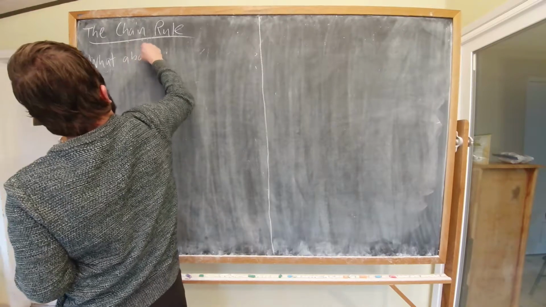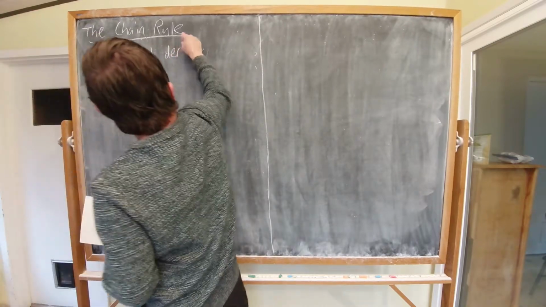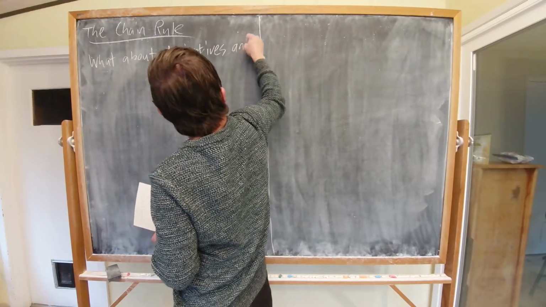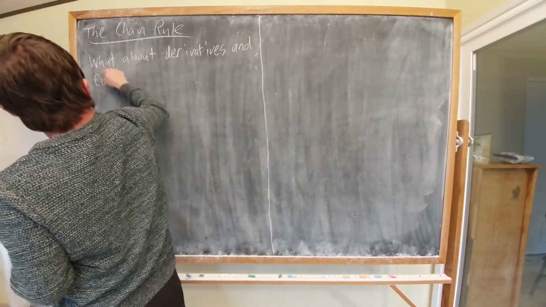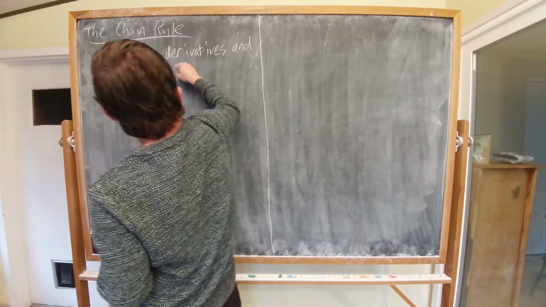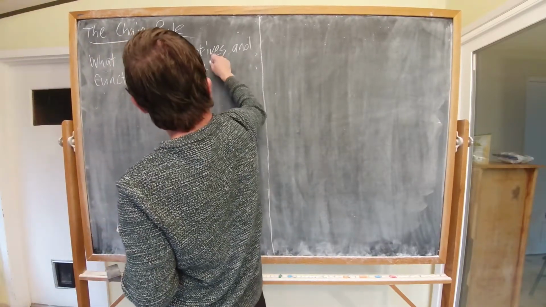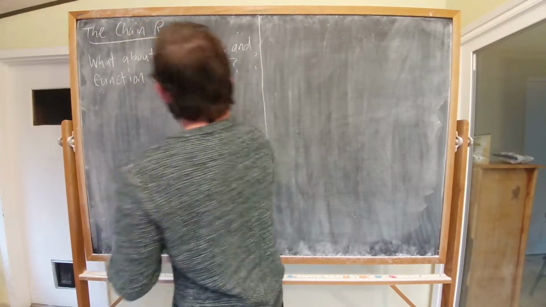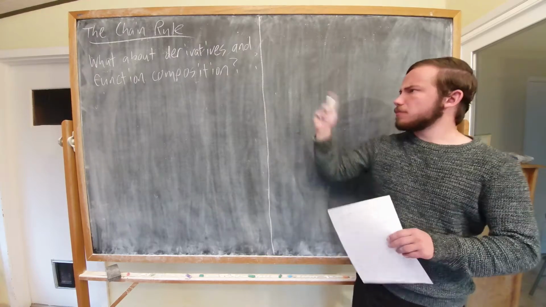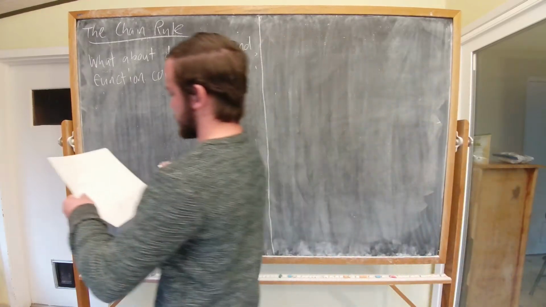So that's kind of a natural question. What about derivatives and function composition? How does that all work out? And the chain rule is going to be our answer to that question. So, more specifically, we ask ourselves,